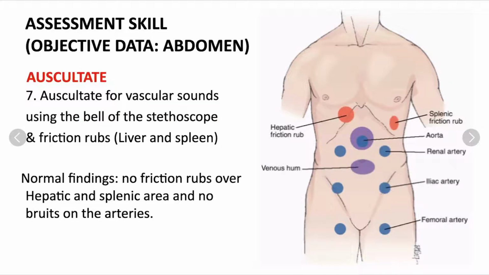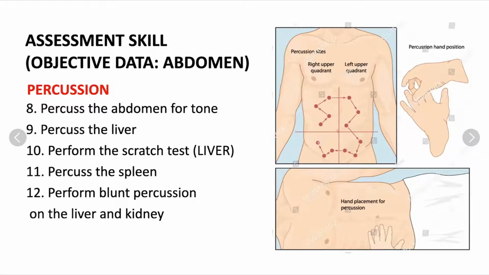Okay, so we're already done with the auscultation part for your objective data gathering. Let's go now to the percussion part. So when we're going to do percussion, remember this is the hand position. Your dominant hand would be the one to percuss, and your non-dominant hand would be the one buffering the impact to the part of the patient. Okay, so how are we going to do our